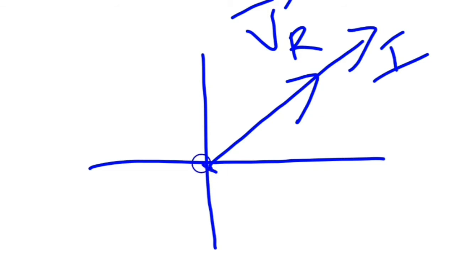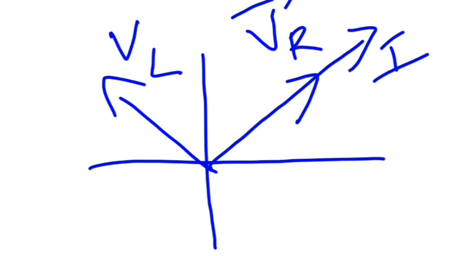So that we can represent in this quadrant like this, so that the angle between VL and I will be 90 degrees. So this is VL. Now the voltage across the capacitor lags behind the current by an angle pi by 2. So that is to be shown in the fourth quadrant like this. So this comes as VC.